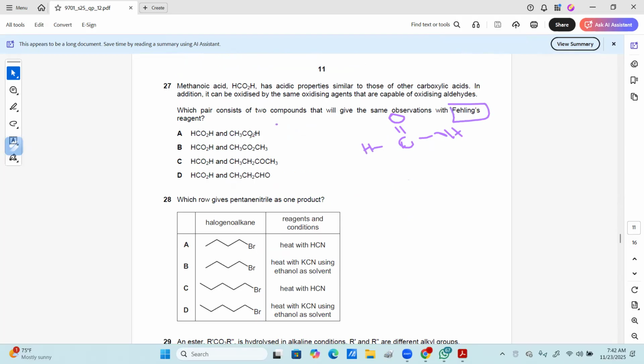Carboxylic acids will not give a positive test with Fehling's. Esters also will not give. Ketones will not give, only aldehydes. Methanoic acid will give a positive test with Fehling's because it has an aldehyde group, right? So it can be converted to carboxylic acid like this when you add Fehling's solution. So the correct answer is